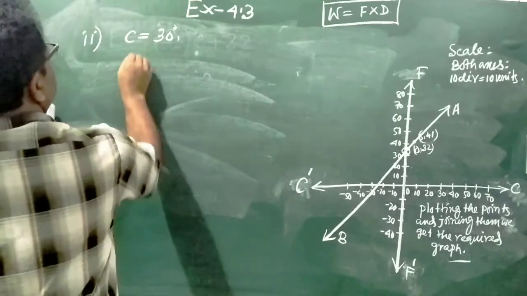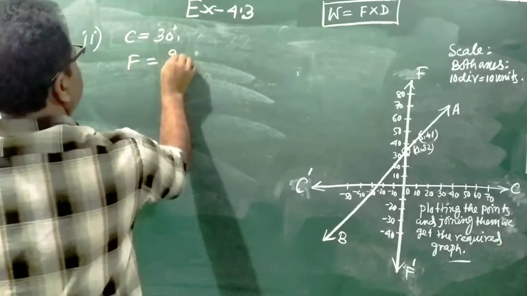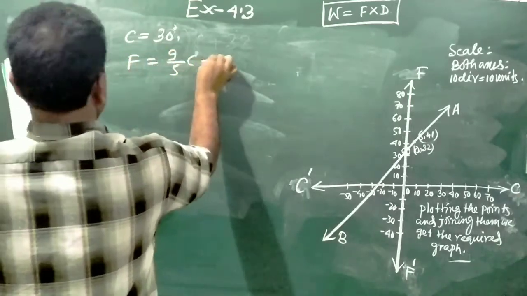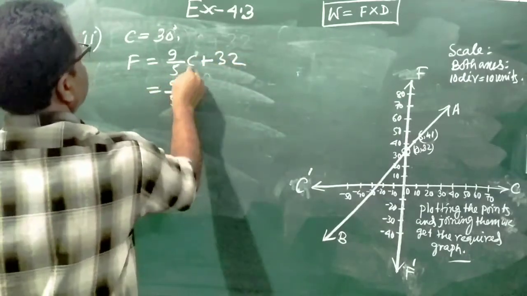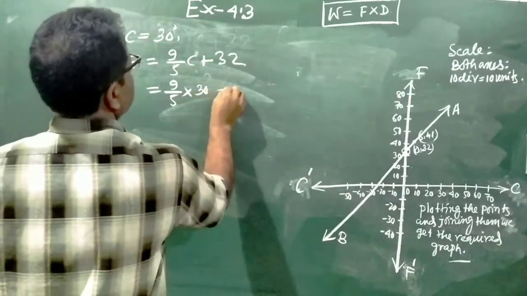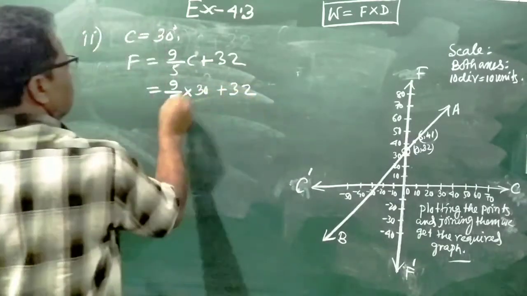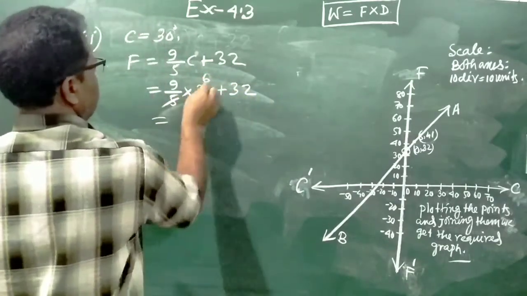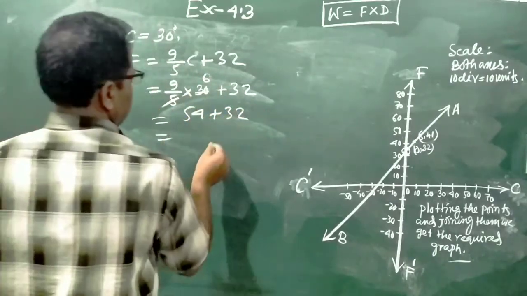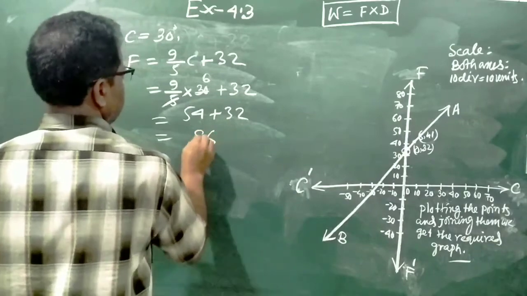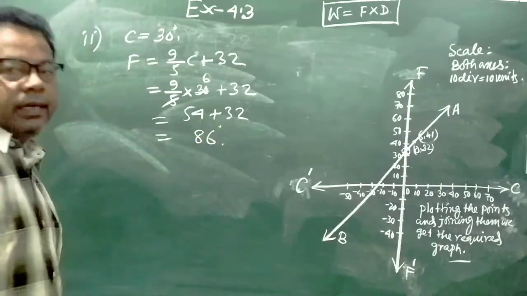So F is equal to, given 9 by 5 C plus 32, then here 9 by 5 for C, 30 degree plus 32. 5 sixes are 30, then 6 nines are 54, plus 32. So 5 plus 3 is 8, 4 plus 2 is 6, 86 degrees. So in Fahrenheit